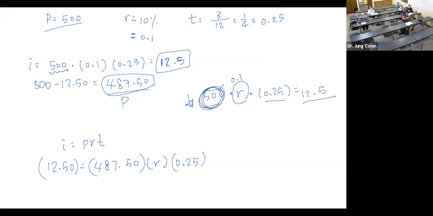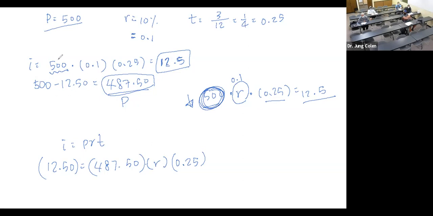You are lowering this money to $487. So use your number sense, okay? Your principal got lower, but you're still paying the same money. Then what would happen? The interest rate should be higher than before. Does it make sense? Yeah, so using your intuition, you can think that your rate should be higher than the previous one